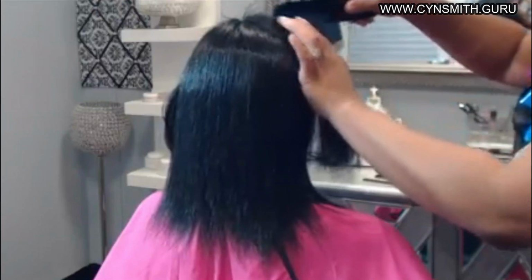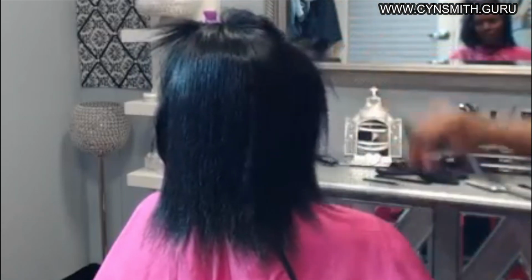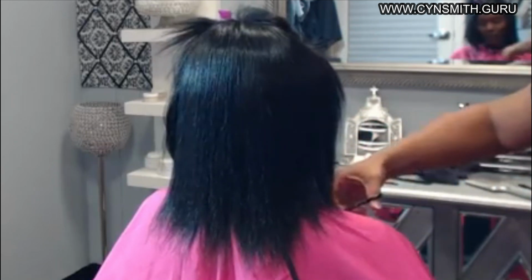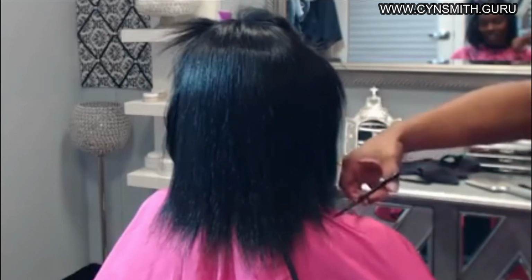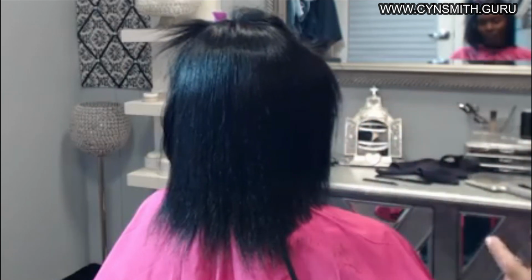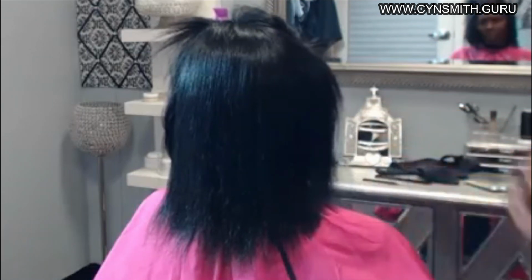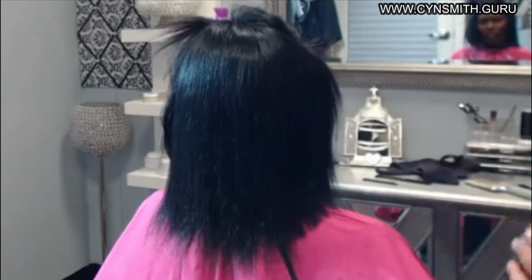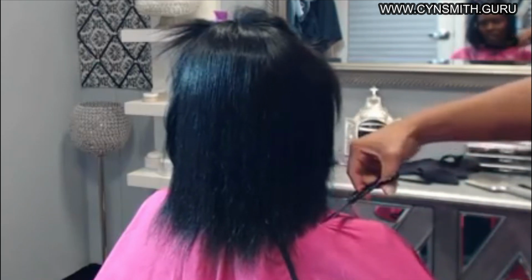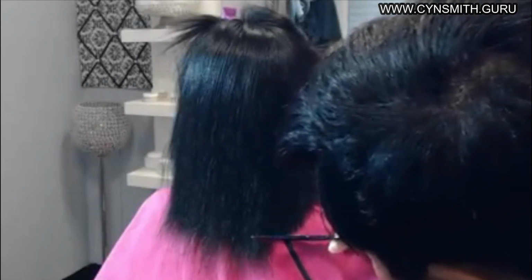As you've seen in my previous videos, I gave my client the mirror so she can see exactly what our damage was looking like, because the thing is, most of the time when women come in for a silk press is after they haven't straightened their hair in years, and they think that because they've used no heat that all forms of damage cannot touch them, whereas the main form of damage that haunts women with curly hair is mechanical damage. So unfortunately, not all of, but a lot of the progress that she had made was not progress,